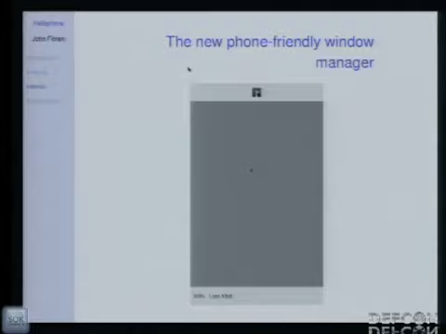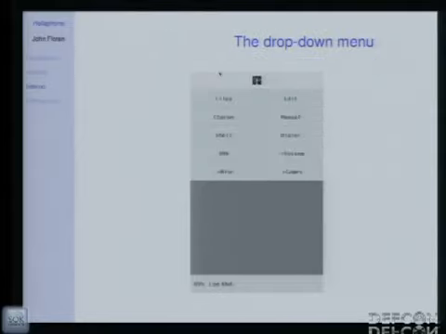We moved basically the start button up to the top, made it a nice big bar for you to hit. We left the taskbar down here at the bottom, but we added a battery indicator. Unlike Android, where you can run a bunch of programs at once but it's kind of hard to tell what's still running, we actually explicitly allow you to manage your windows by hand, because they'll just show up down here at the bottom. When you click the thing at the top, you get this much more friendly drop-down menu.